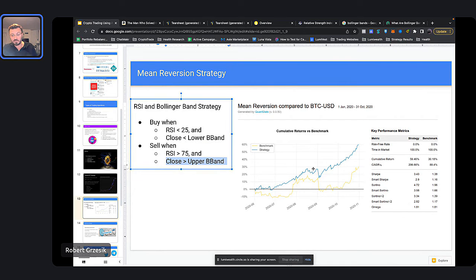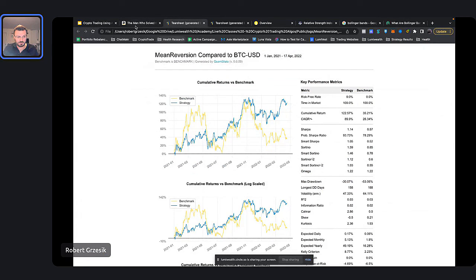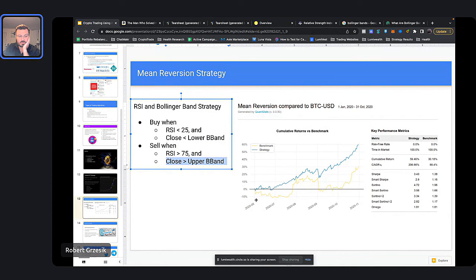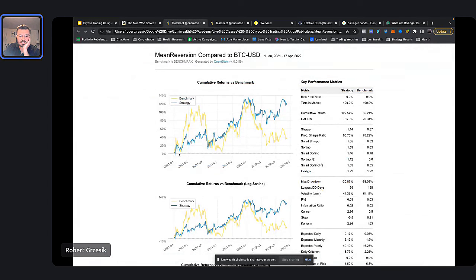So how does this perform? You can kind of tell here that it does really damn well, right? This is in 2020, but let me give you a few different time periods here. Here's a few different time periods. This is in 2020, how it performed, right? Here's another one. This is in 2021, how it did, right? There's another one here. So the blue is us, right? The blue is our strategy. The yellow is Bitcoin. So you can see that we smoked Bitcoin in 2022.